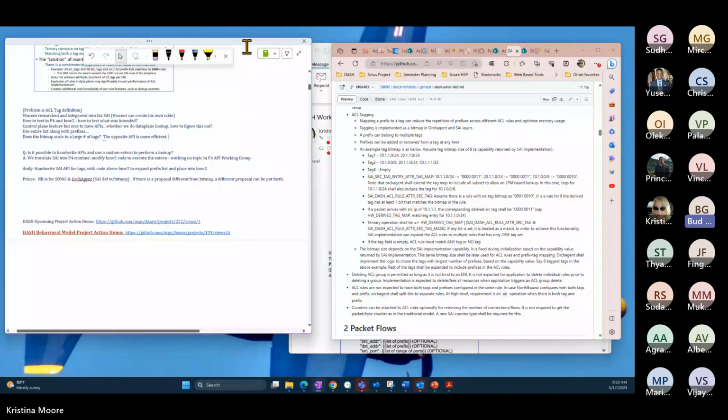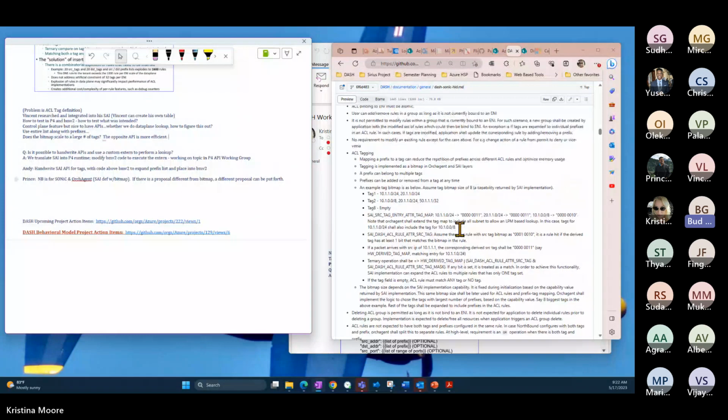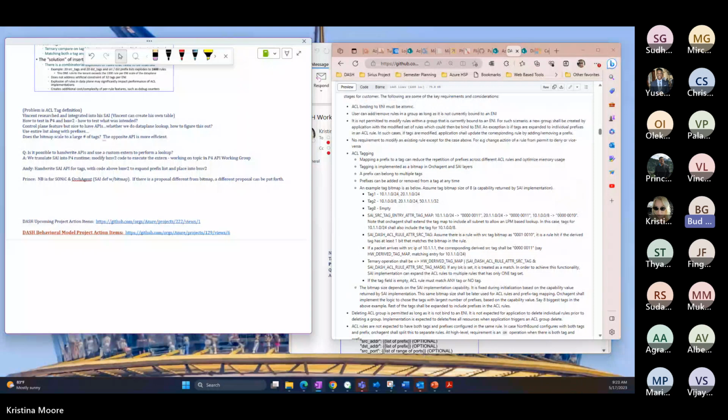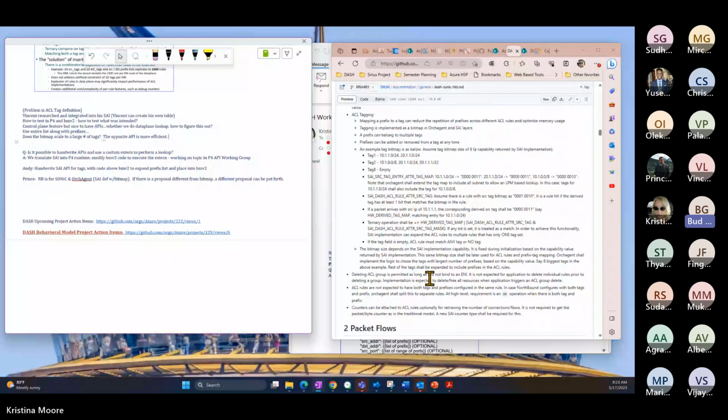So maybe someone says, okay, I'm capable of the bitmap API with a width of 32. I just don't see how a width of 32 tags is even useful for any kind of deployment. So the API can exist. You could say you're capable of it, but if you're not capable of it at some large scale size, yeah, but that's again like if